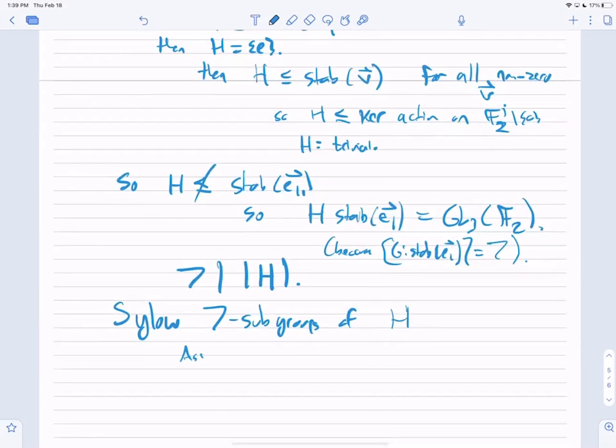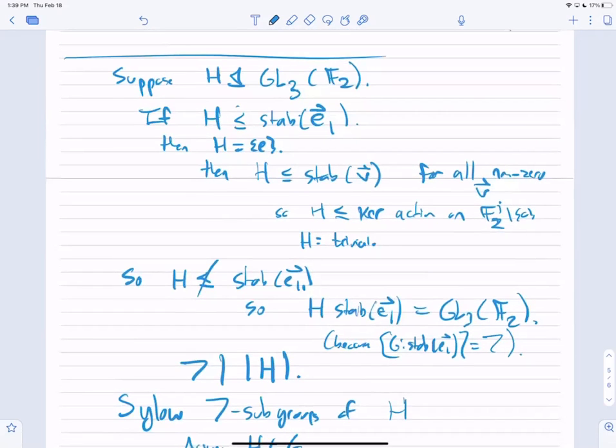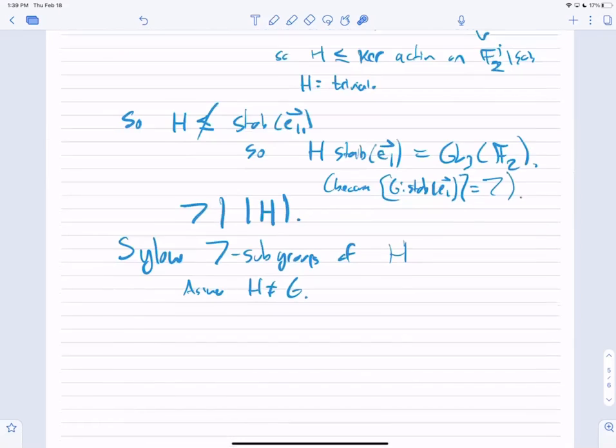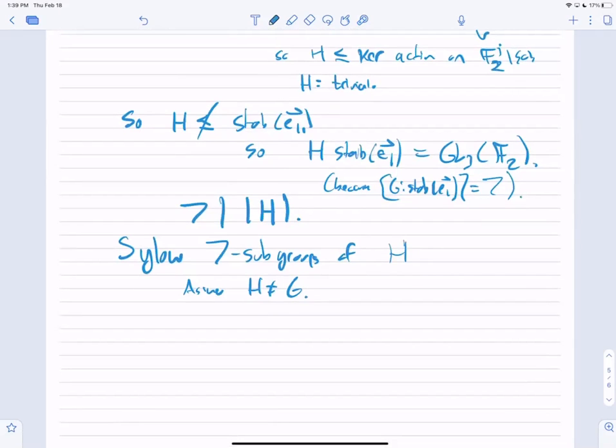We're going to assume H is not equal to G, because we're trying to prove GL3 of F2 is simple. So we're looking for a normal subgroup that's not the trivial group or all of G. So we're assuming H is not equal to G. So then the order of H